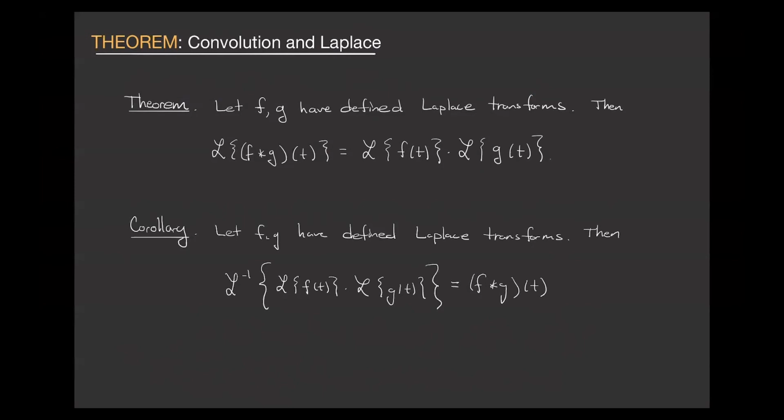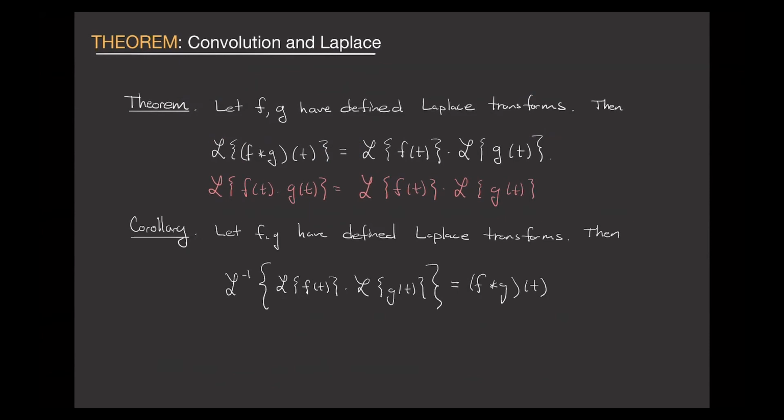What you can do is start with the convolution, take the Laplace transform of the convolution, and you get the product of Laplace transforms. Remember we said before, we didn't have the case where you could take this. So I'm going to do this in red. This is what's not true. It's not true that the Laplace transform of f of t times g of t is equal to this. So seeing what is not true, I think, can help